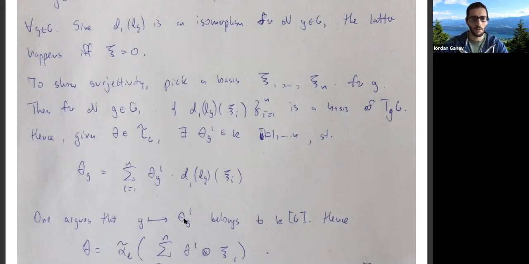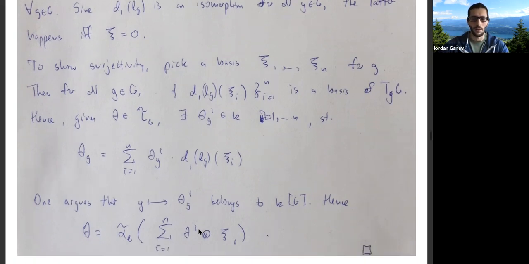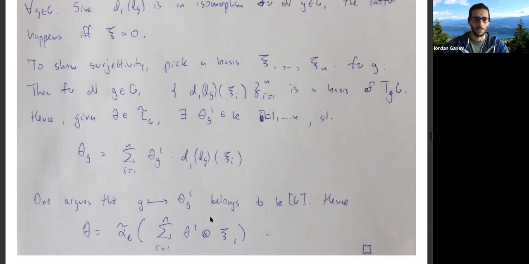I think that's believable, because we started out with this vector field that's a derivation from polynomial functions to polynomial functions. But I won't be super rigorous. I won't show that this actually belongs to KG. But in any case, if you believe that it belongs to KG, then we see